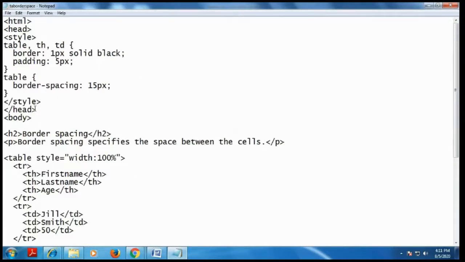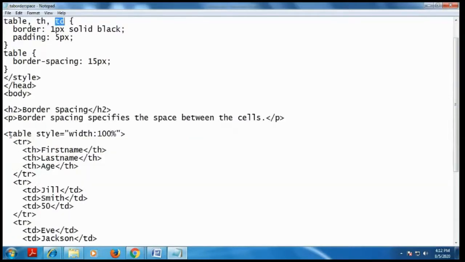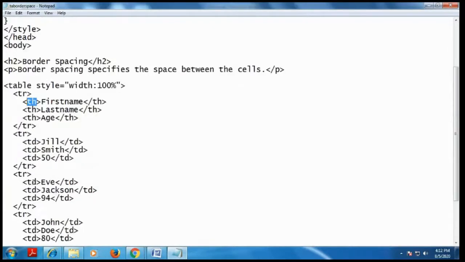Here I use the style tag, which starts in the heading information, style open and style closed. Which tags do I apply the style to? I apply it to the table tag, so I write table, comma, th, comma, and td. So here the style applies to the table tag, th tag, and td tag.